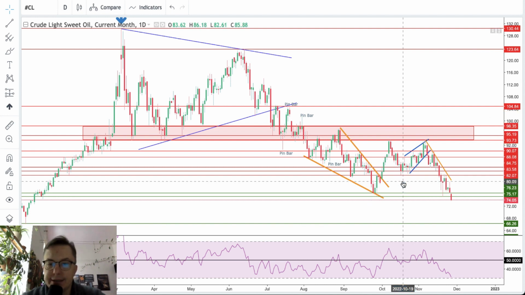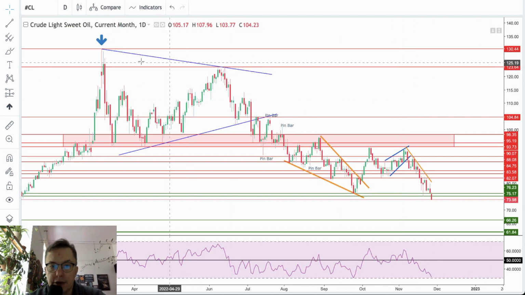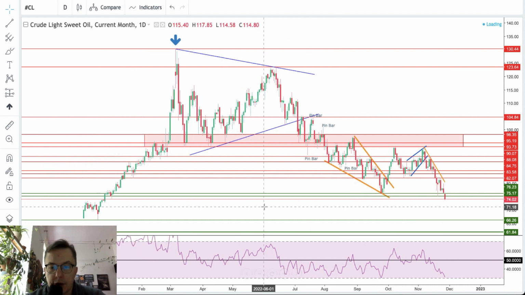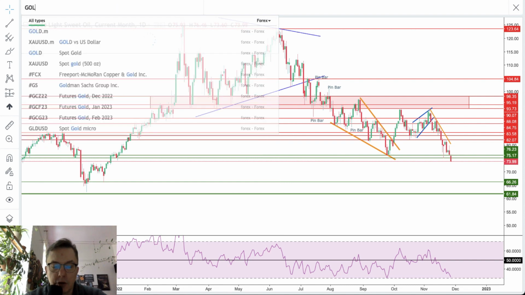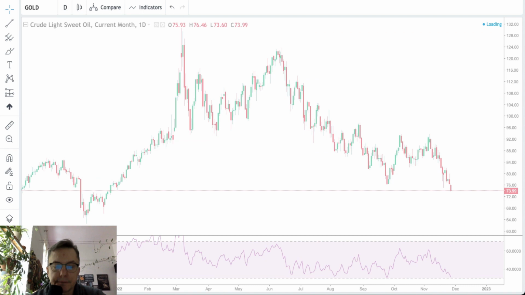So ABC to the upside is done, and this big pattern here, this big triangle to the downside, and this rising wedge, and then this small falling wedge is telling us that the impact of the higher prices of oil is now slowly but surely becoming less and less important, and bears are still the main force behind the moves to the downside. So oil this week, bearish outlook.